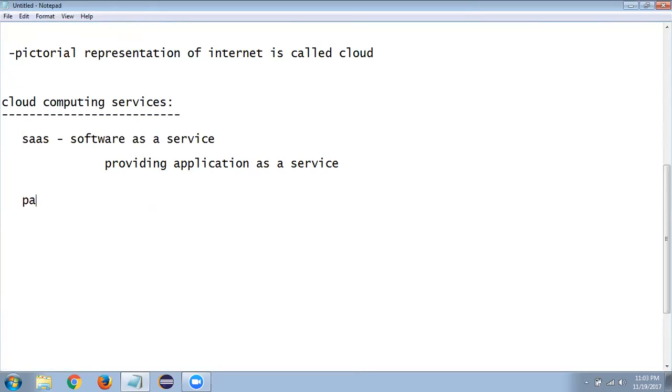Coming to PaaS, that means platform as a service. It provides a development environment as a service. For example, Java is software. When you install Java, it actually provides the platform.